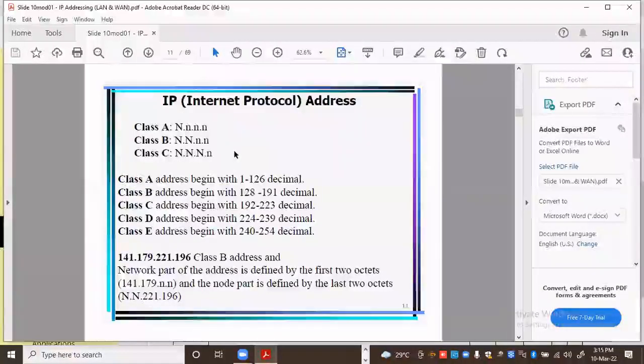But if you're dealing with, say, a mid-sized organization, like a mid-sized company, then you might want to go with a class B IP address, because you're going to have 16 bits that you can manipulate as your assignable IP addresses. And then when you go on a larger scale, as maybe a telco subscriber, an ISP or whatever, then you want to basically be within the class A range, because that's where you have